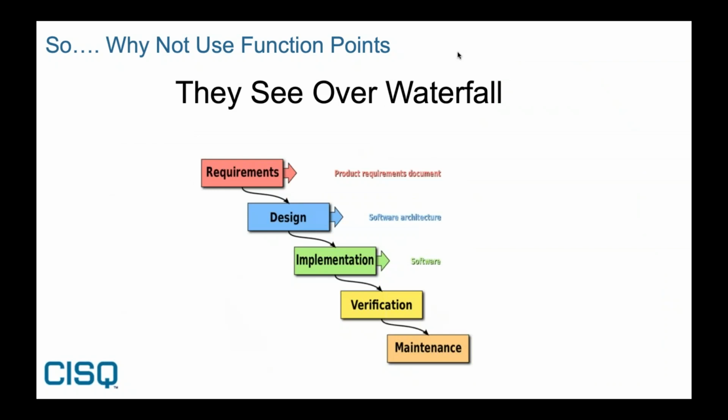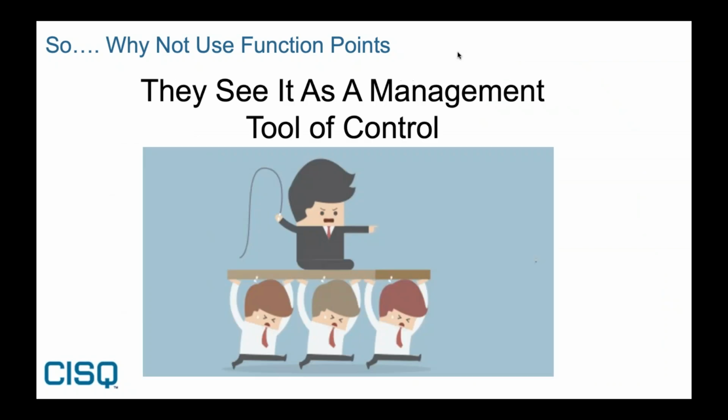It's a waterfall approach. And this one is probably the most important one. It's a management tool of control. It was used by managers to say, hey, your team is less productive than the other team. Why? Without really understanding that a team that appears less productive, you know, may only do 12 function points per